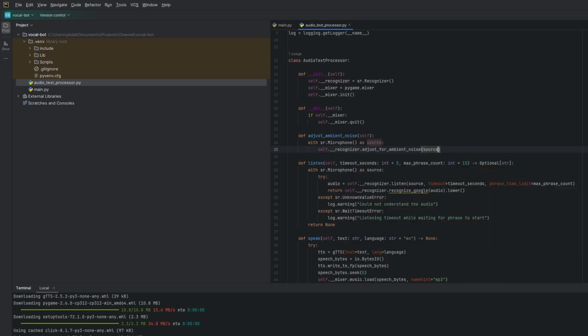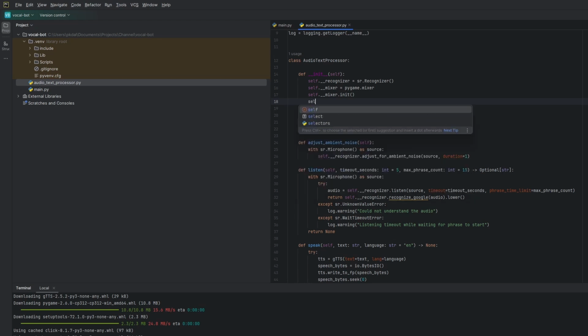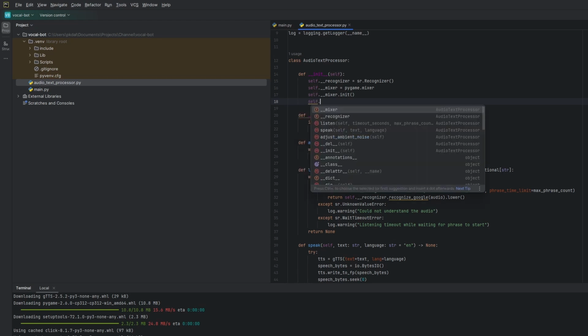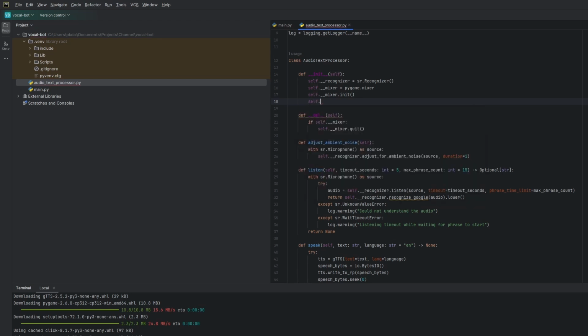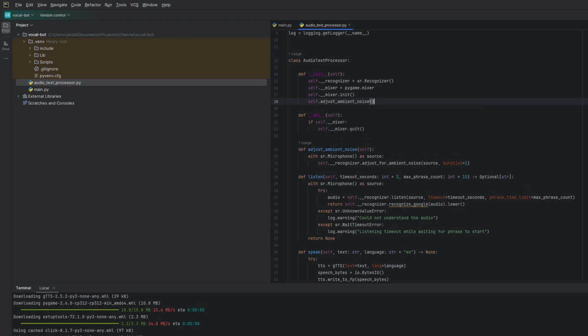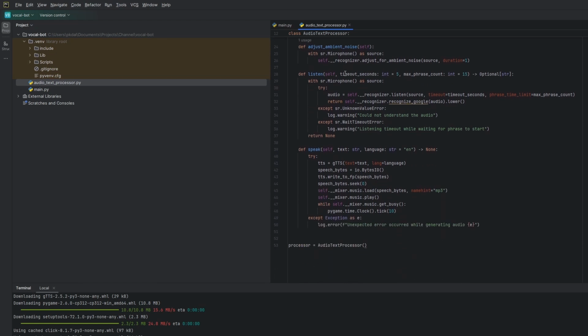We can pass the source and we can set the duration. I'm going to set this as 1 second. I'm going to call this method within our constructor. Adjust ambient noise. All good. I have completed the implementation for this